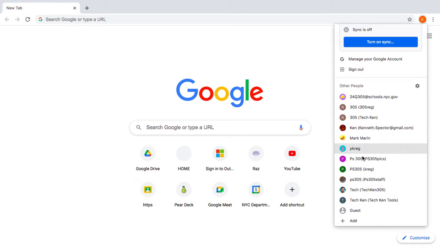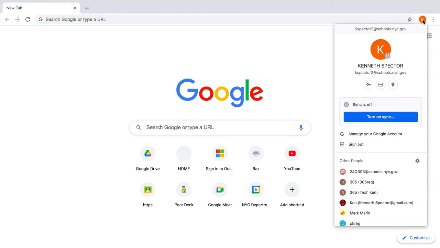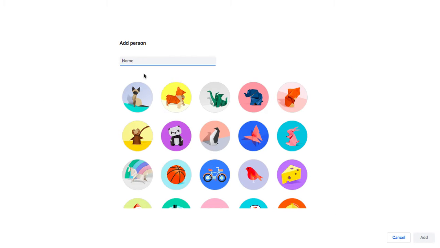If you don't have any names here, or even if you do, but you're missing the school one, you go down and press add. So again, I click the circle. If there's nothing here, no one signed in, then you just press add or sign in. Add. Now, I'm going to name this exactly what it is so it will show up on my list that way all the time.